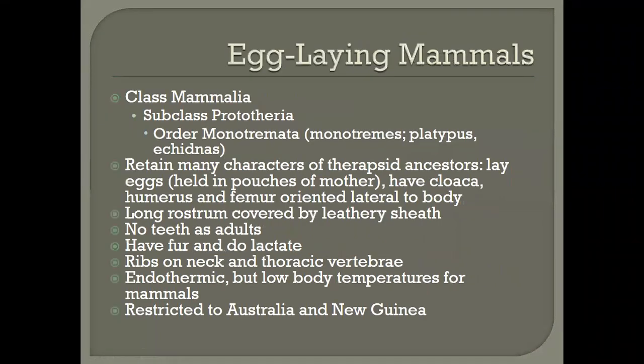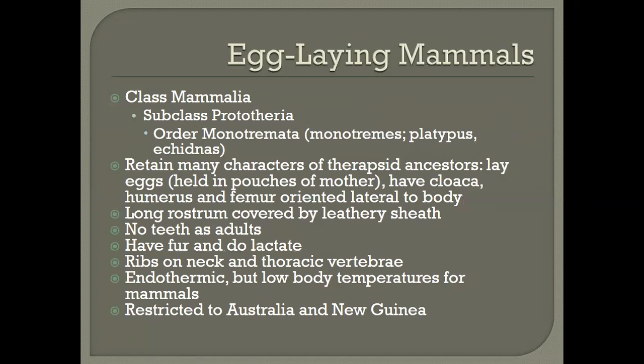And we're going to start with our monotremes, our egg-laying mammals. These are very different than our other mammals. They have characteristics of therapsid ancestors. They do lay their eggs. The mothers have a pouch that's specialized